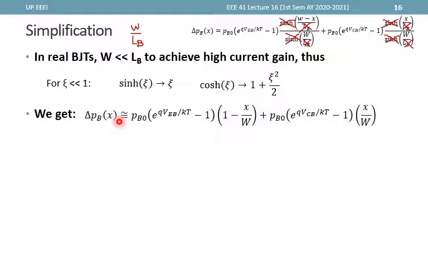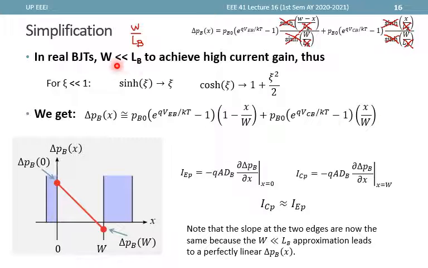So approximately when W is much less than LB, PB naught, this term W over W is 1 minus x over W plus this term times x over W. Now note that this expression here actually tells us that if we design the BJT such that W is much less than LB, then this excess hole concentration is now